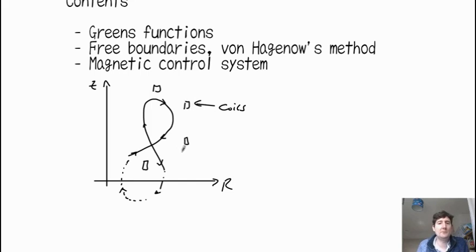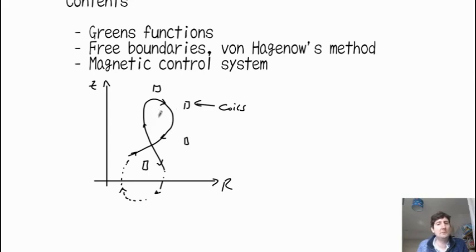When designing an experiment or designing a machine, we don't know what the coil currents should be, and so we specify where the coils are, and then we use constraints on the plasma shape to set the coil currents. And so there's a control system which, given, say we specify we want an X point at this location, it'll find the minimum coil currents needed to produce the shape that we want. And so that's an important part of the control system.